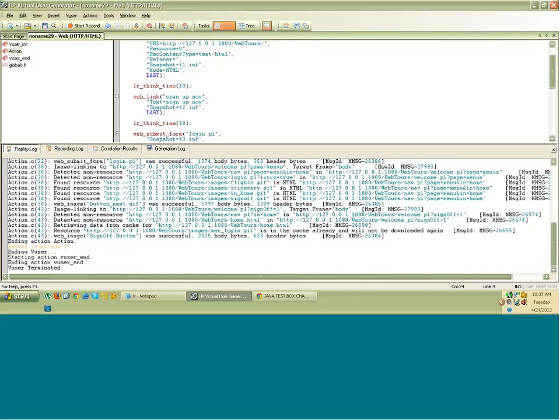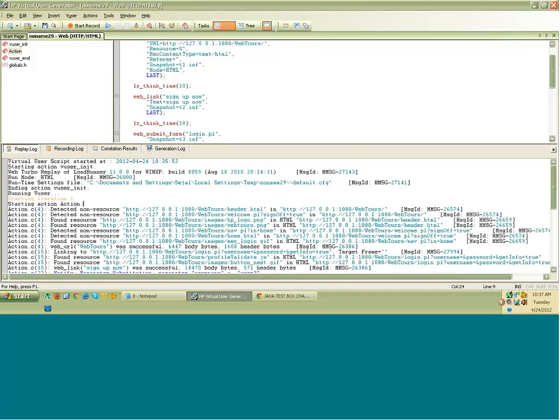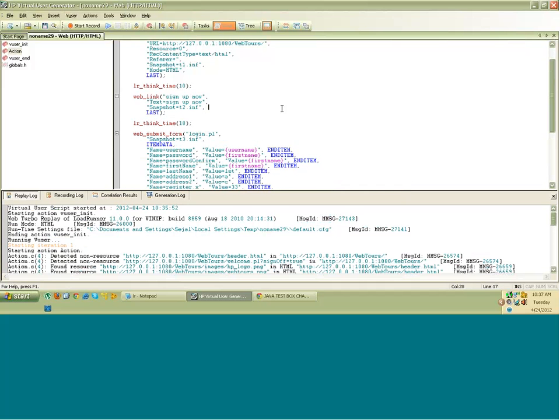Now what is an iteration? Iteration is how many number of times you want to run this script. Okay. For example, if I did not have this restriction of giving unique names, this flow requires unique names, so I am not able to run multiple iterations with the same data. However, I can run this script multiple times if I have a different set of data. So this is where I am going to use the parameterization, but before that I will show you how to